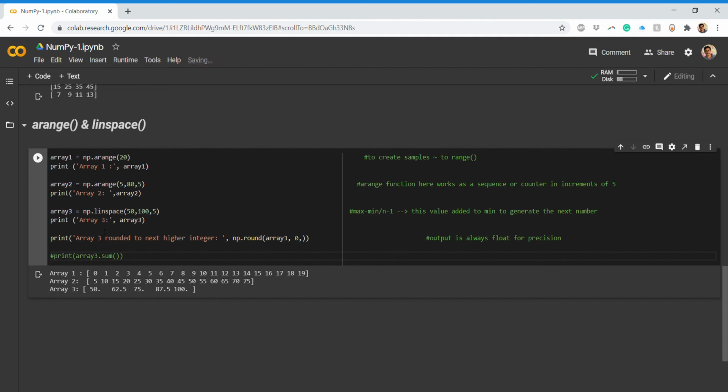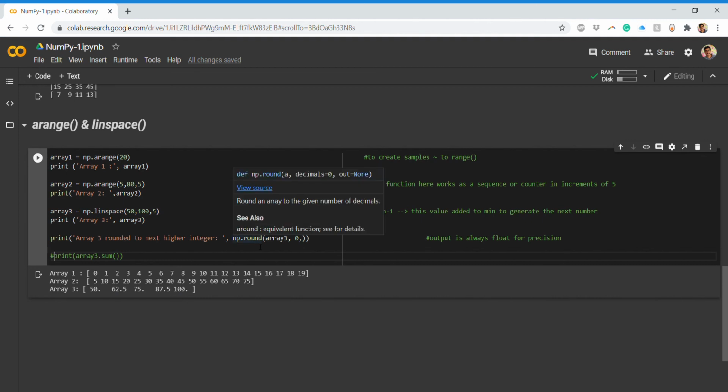So now in array 3, since I have these many elements, say for example this is the average or percentage of some students, I want to round these numbers. For that, I'll use the np.round function.